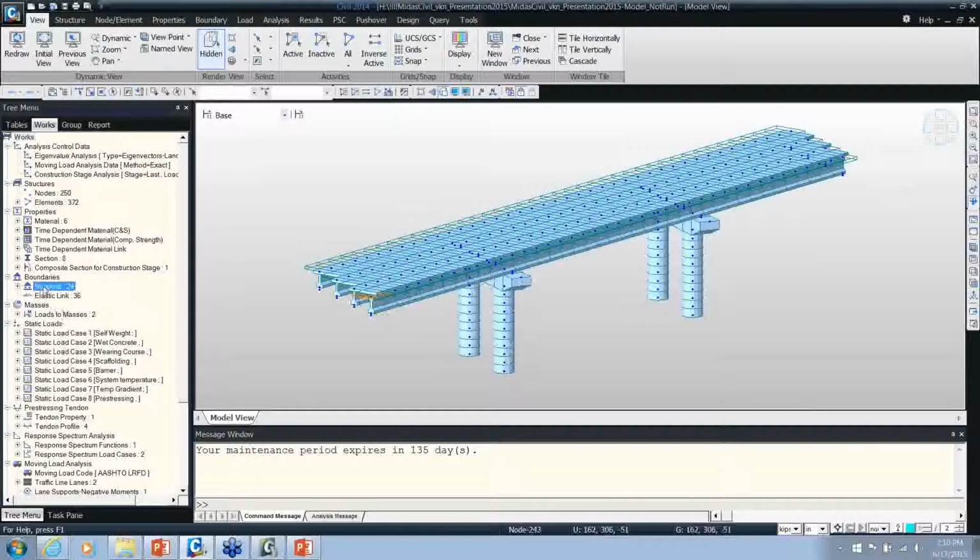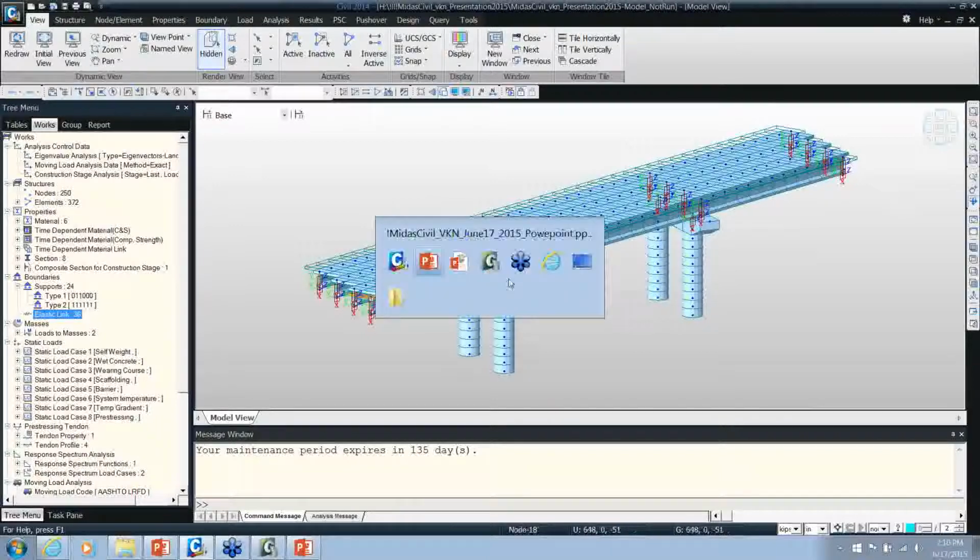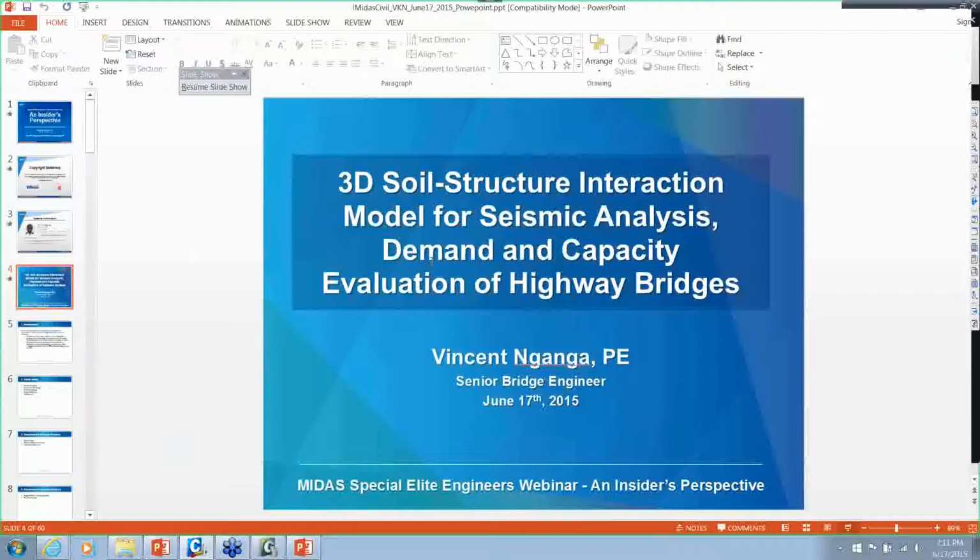In Midas Civil, I wanted to show our links. So we have our rigid links at the abutments and at the piers as well, and also connecting the top of the cap beams to our girders. So going back to our PowerPoint over here,